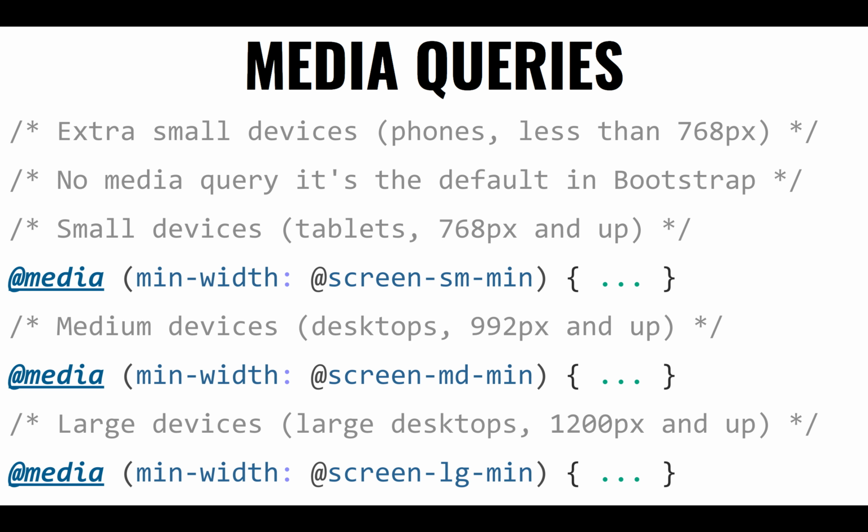Depending on the size of the screen, I could say use this CSS style sheet, but if it's a different size of screen, use this other style sheet. So what Bootstrap does is that it allows you to declare columns, column 1, 2, 3, 4, 5, and so on and so forth, and configure them to behave differently on different size screens. If you'll notice, you can configure it such that not only is there a column 1, which we already saw how it works, not only do we have column 1,